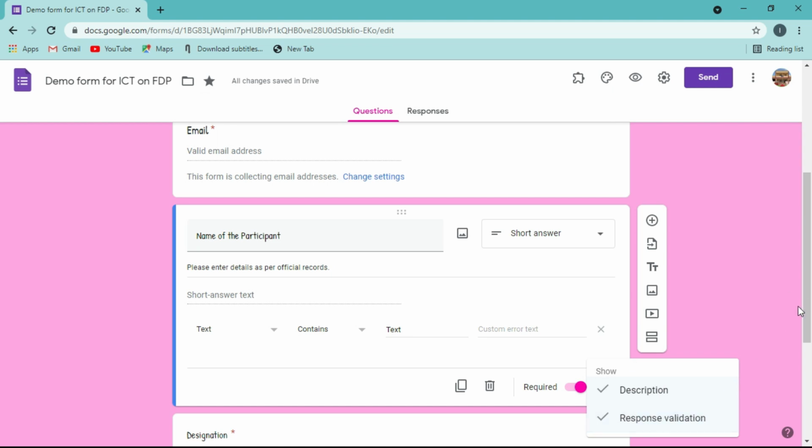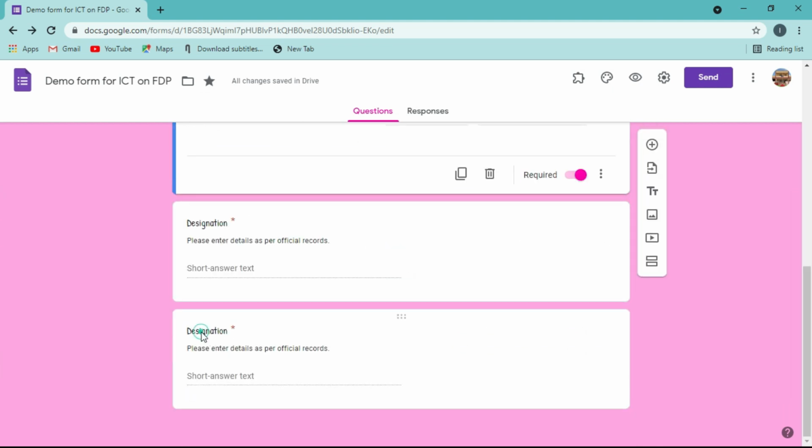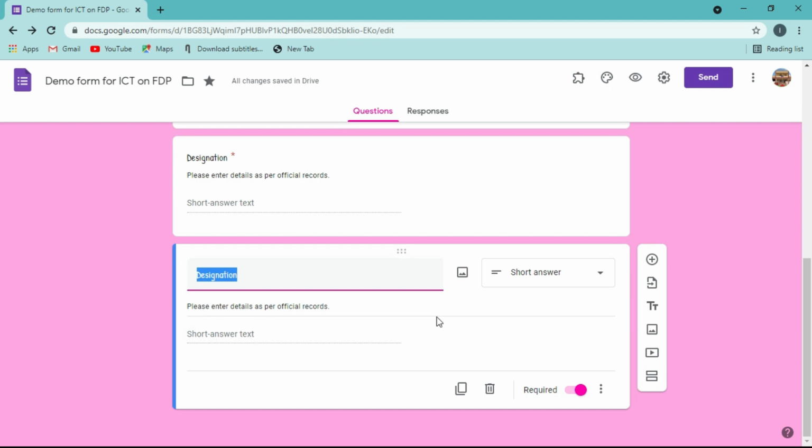We have description and response validation as text. We stay there. So when we come to the next one, okay, we will go to our third question. See, I want